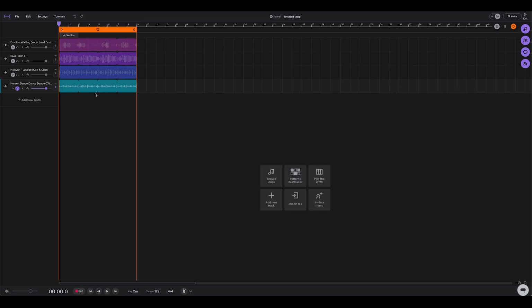AutoPan automatically moves sound left and right in our stereo field, so it sounds like it's moving between the speakers. That stereo movement adds interest to the listener and to our ears. So I'm going to go to my effects, type in AutoPan,